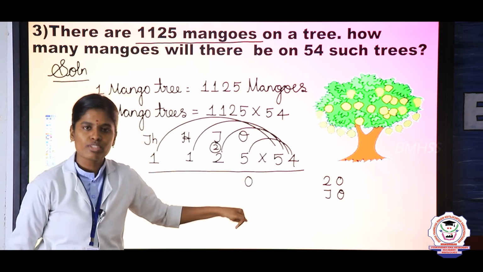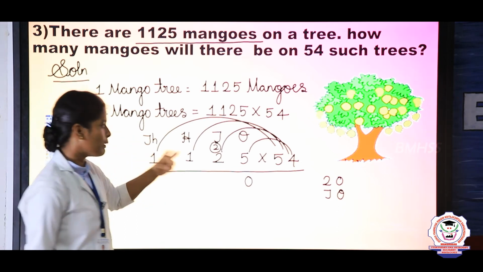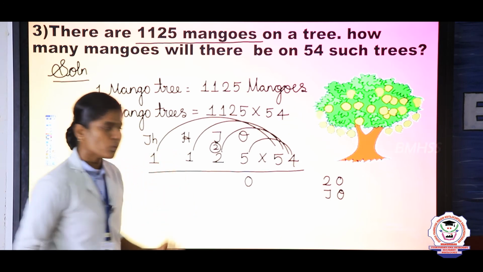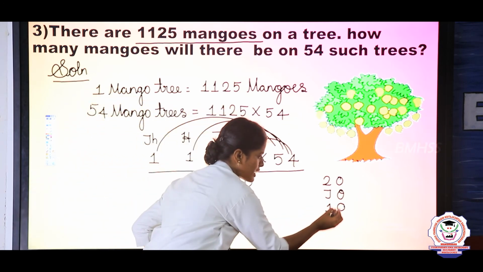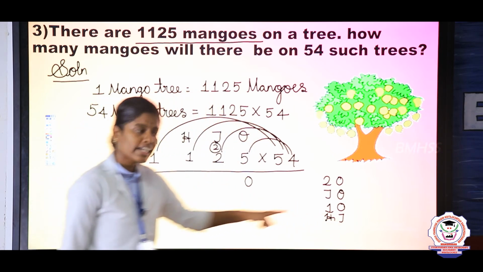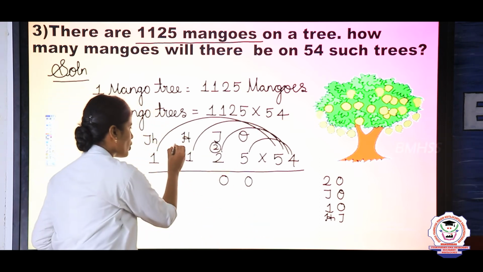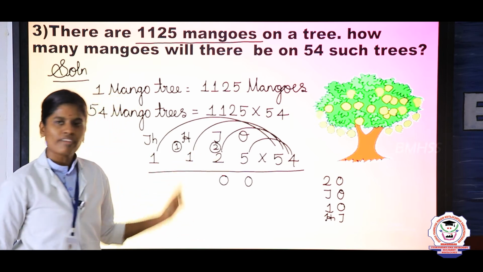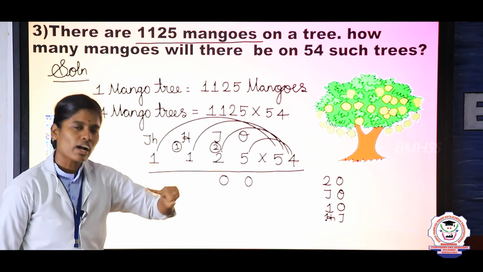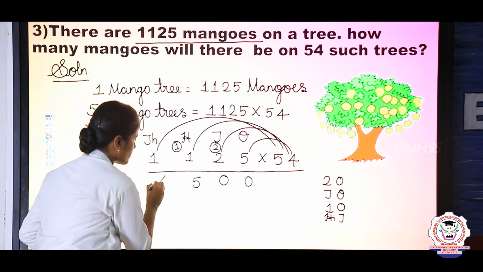Now take 4 2s are. So 4 2s are, what is the answer? 4 2s are 8. Keep 8 in the mind, 2 in the finger. So 8 after 9, 10. So here too we got a 2-digit number 10. This is tens place value and this is hundreds place value. In this tens place value, we are going to write under the tens column and 1 we are going to carry over to the hundreds column. Take 4 1s are. So what is the answer? 4 1s are 4. Keep 4 in the mind, 1 in the finger. The answer is 5.